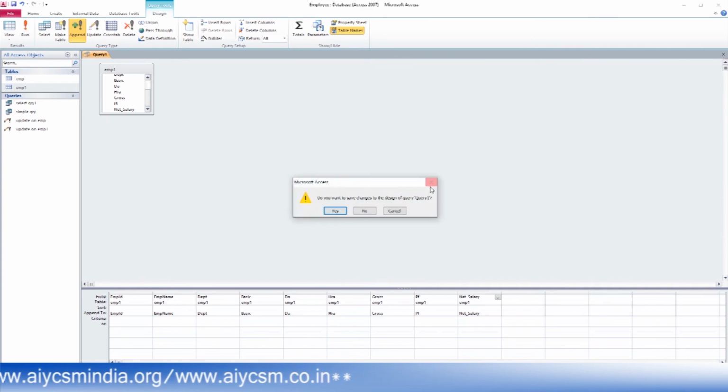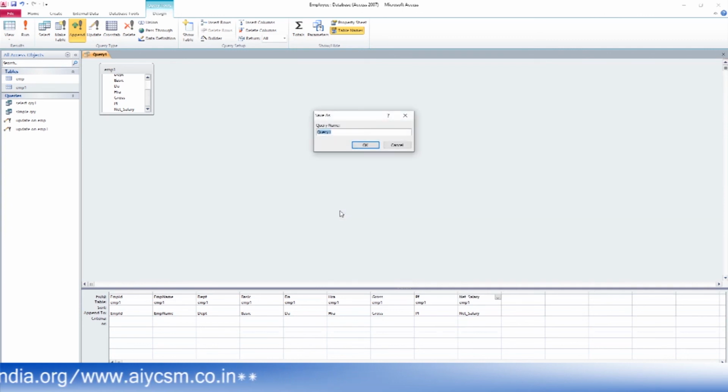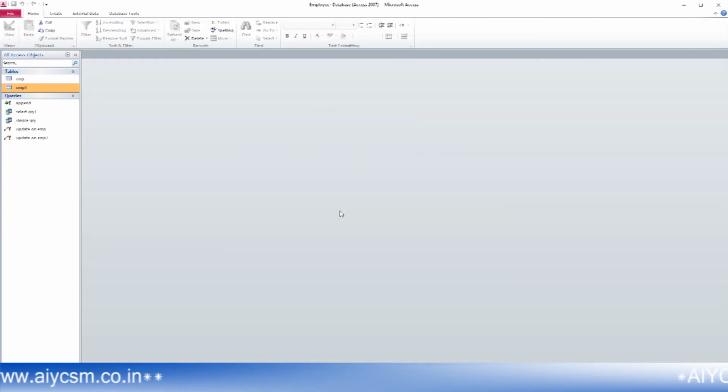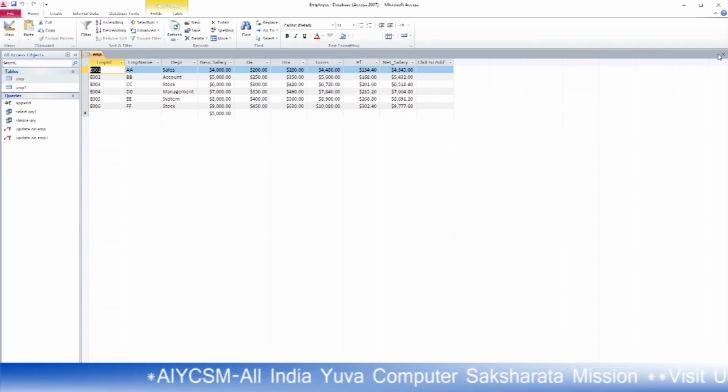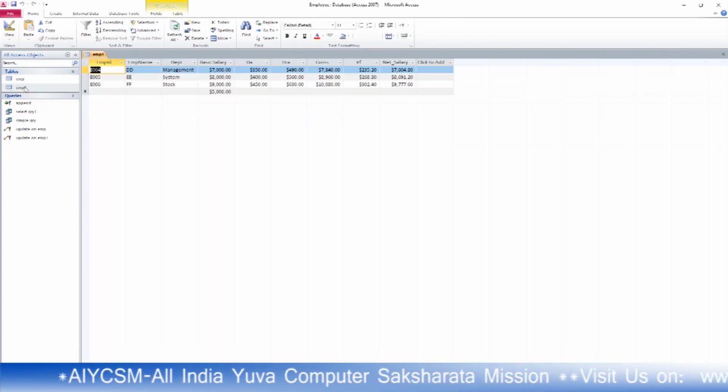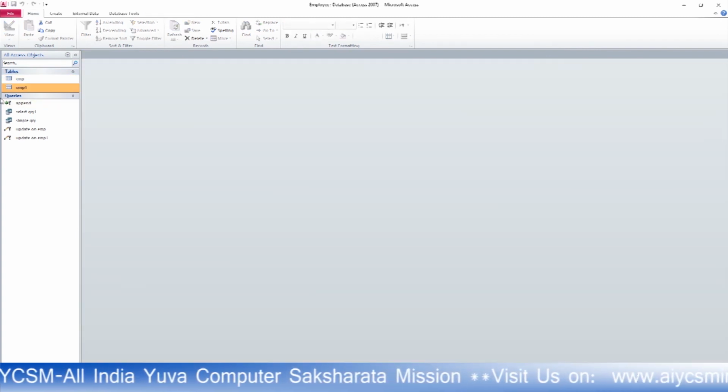Now the name of this query is append. If you open this EMP, you will see this EMP table is appended, and it will have 6 values in it.